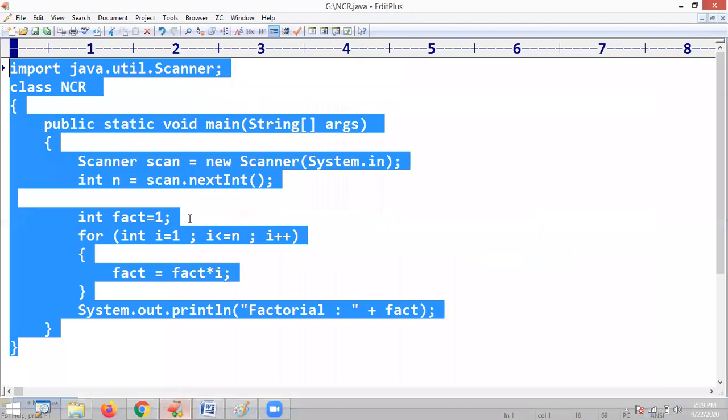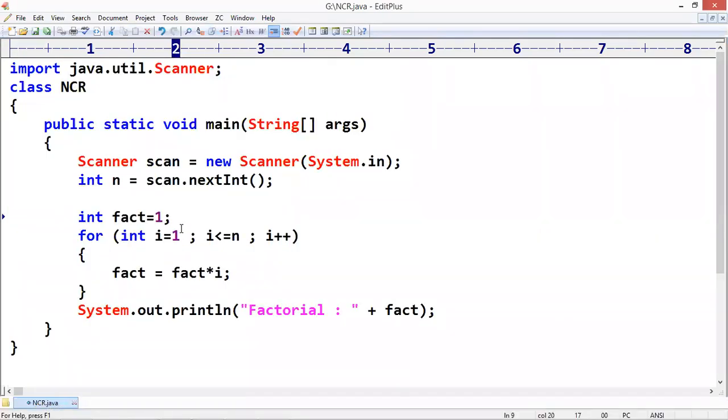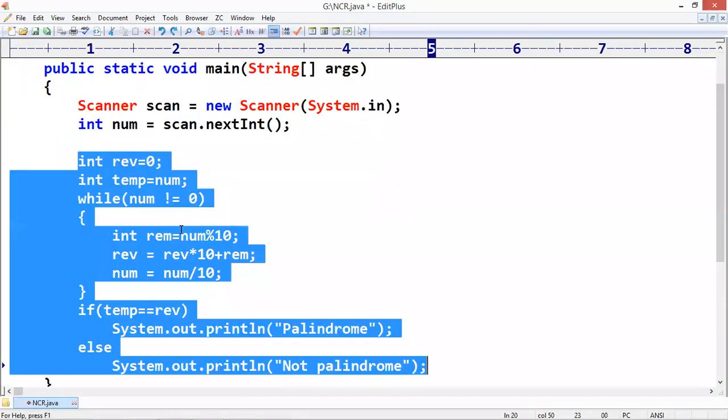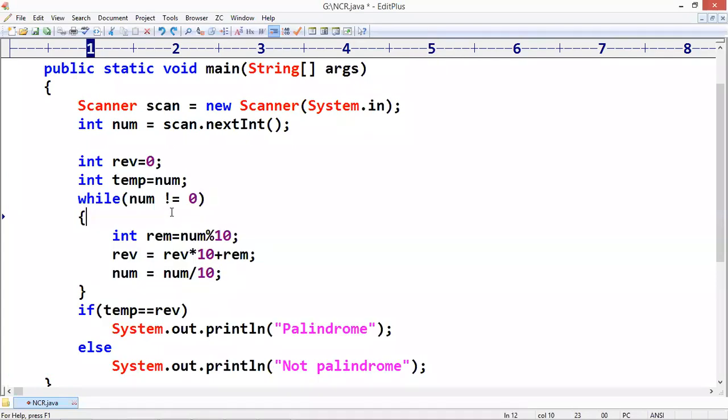Yeah, here the same code as the previous example. We are taking the sum value and the temporary variable. Until that number is not equal to 0, we are finding the remainder. Remainder means a digit. Now we need to find the factorial of this digit.